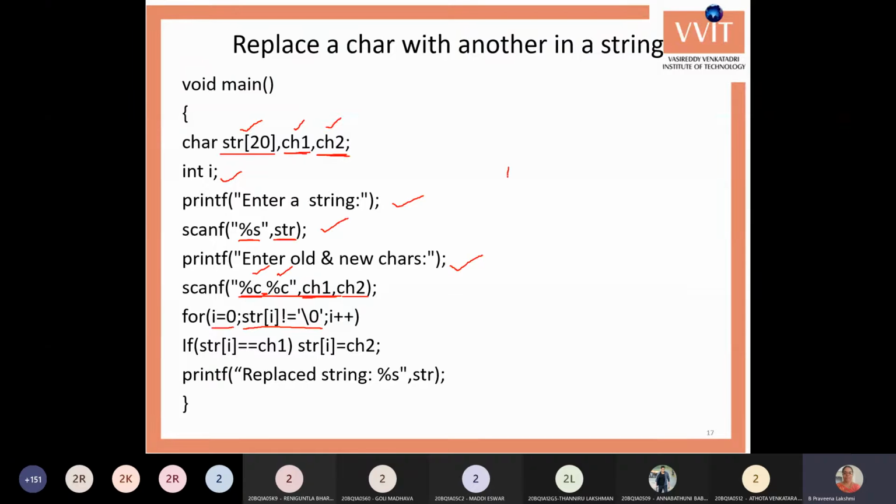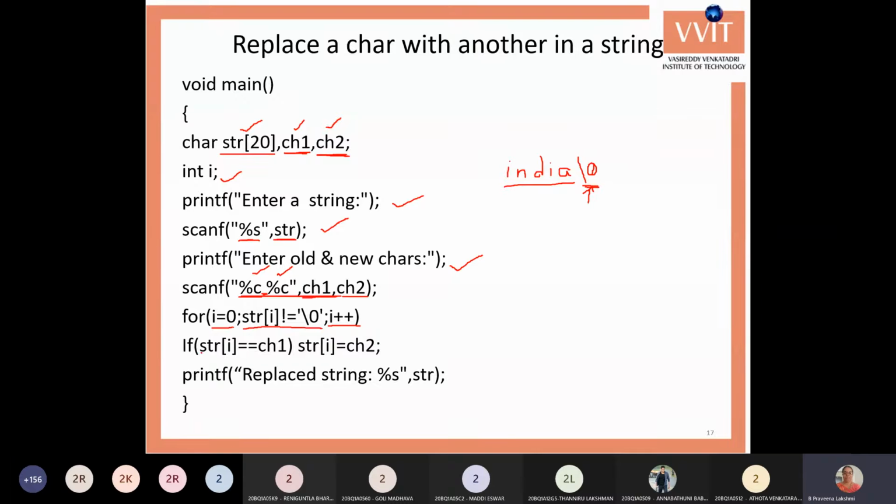Say for example, if your word is India, after these 5 characters there is a special character added to each string, called the null character. Until this character is reached, we will repeat the loop: str of i not equal to null character, and i plus plus.